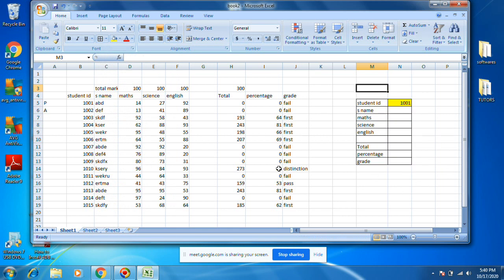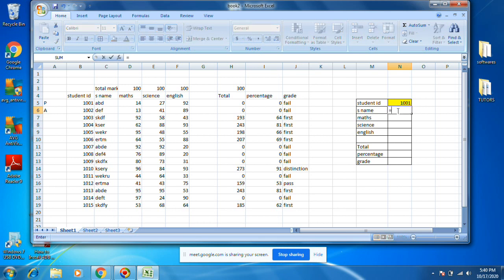How? If it is only 20 students, we can easily write. If it is hundreds of students, then we should go for writing a formula here. Let's write the formula.